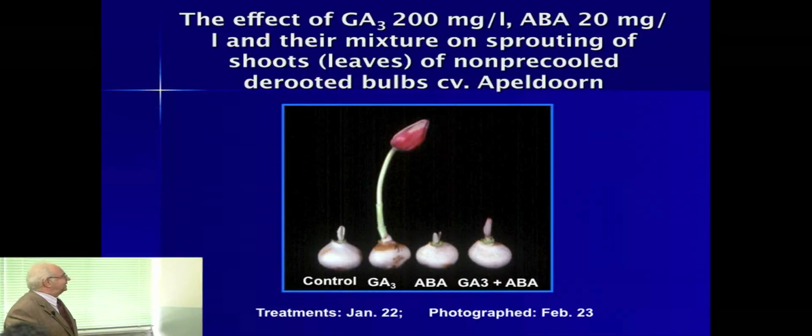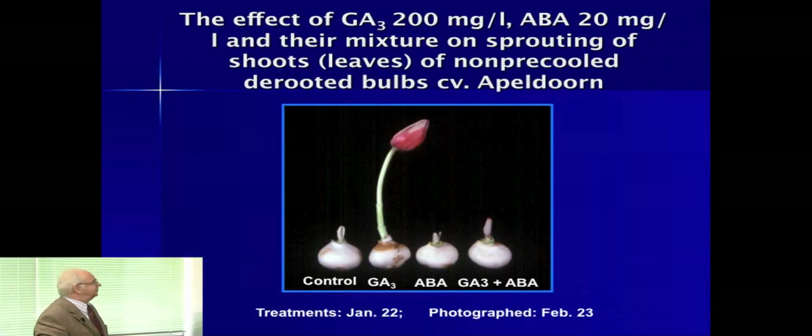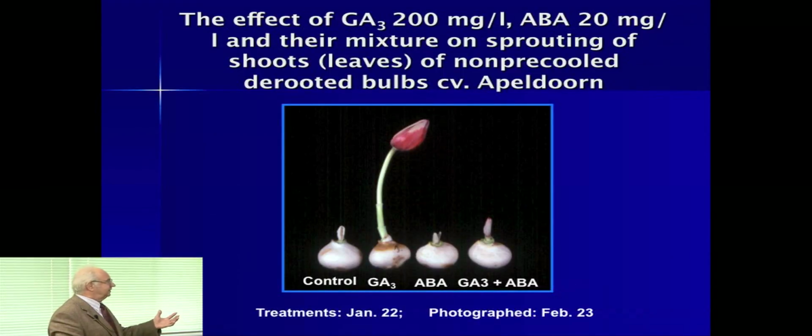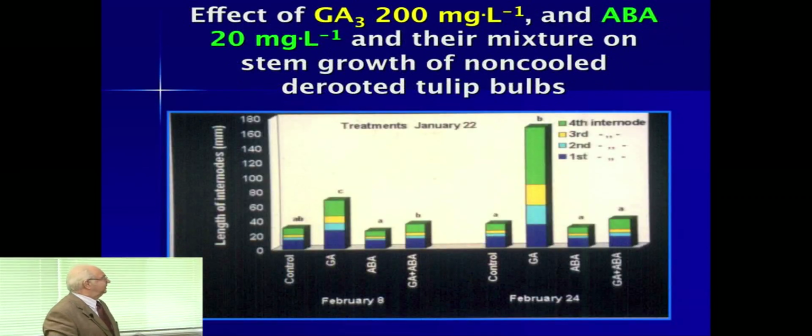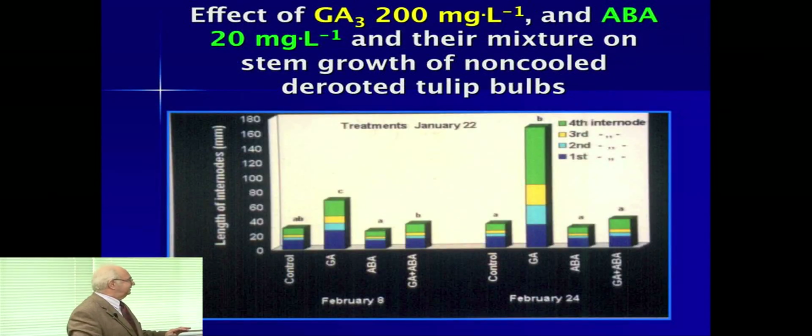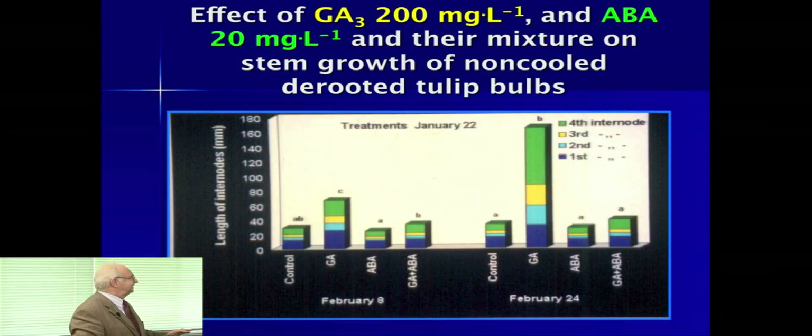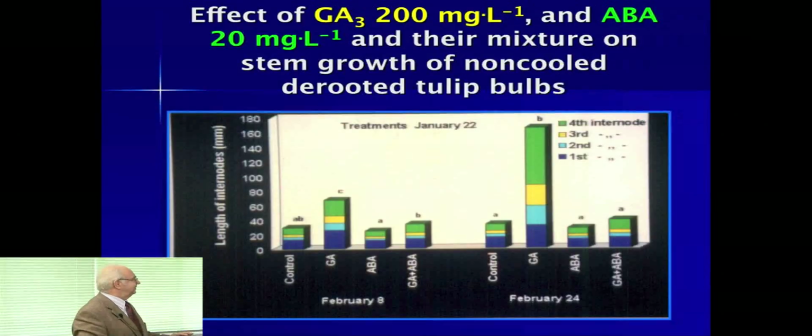This is the same picture, but only leaves were removed before the picture was made. So we observed control flower bud blasting. The flower is dried. Gibberellin A3 promotes growth of the stems, but here there is no growth. When we measure the length, GA on February 8 has a stimulatory effect, and on February 24 growth is much